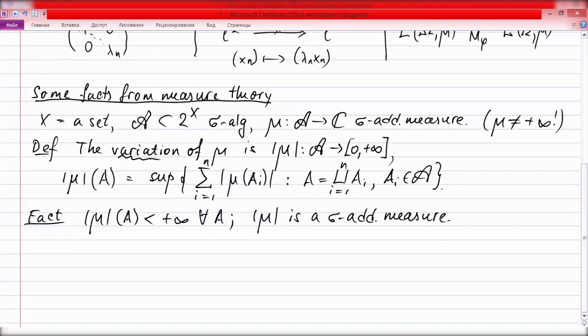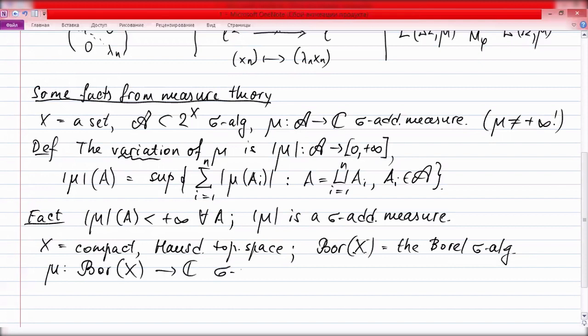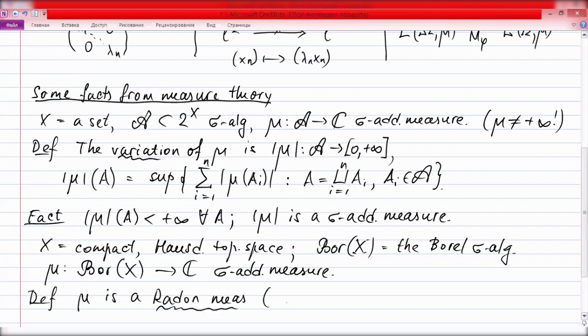Okay, now let's suppose that X is not just a set, but is a compact Hausdorff topological space. We consider the Borel sigma algebra and denote it as follows. This is the Borel sigma algebra of X. This is the sigma algebra generated by all open sets. And suppose that mu is a sigma additive complex measure on the Borel sigma algebra. Then by definition, we say that mu is a Radon measure, or a regular measure,